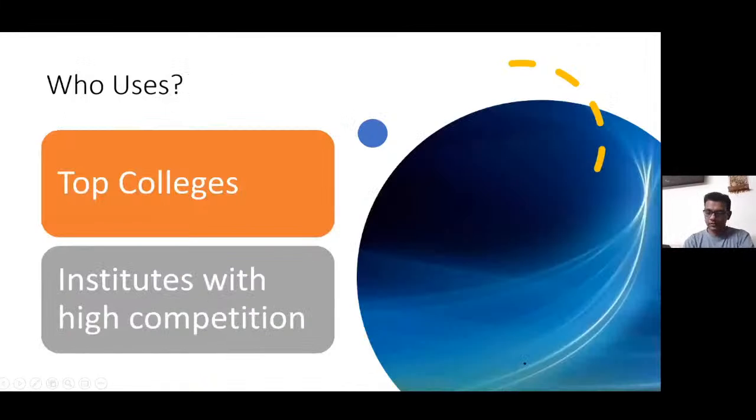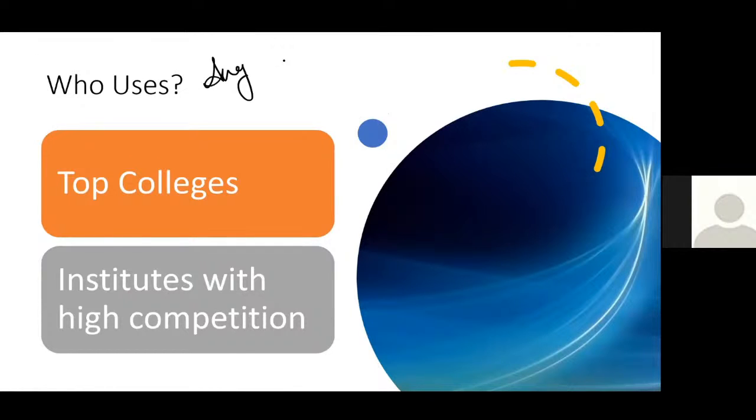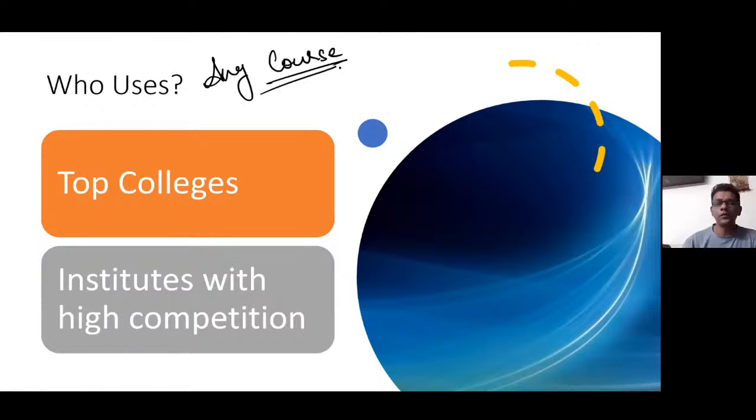Now, who uses this? If you actually look into any course that you want to do, you will always find n number of colleges which can offer you this course. So if there is someone who wants to do engineering, you will find thousands and thousands of colleges across this country which can offer you engineering. Similarly, you want to do commerce, humanities, CA, management, fashion, law, you will find numerous colleges offering you this program.